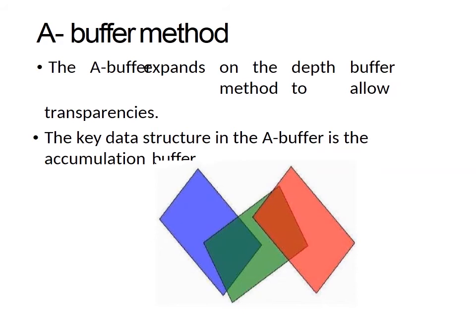This method extends the algorithm of the depth buffer or Z buffer method, as the depth buffer method can only be used for opaque objects but not for transparent objects. The A buffer method provides an advantage in this scenario. Although the A buffer method requires more memory, different surface colors can be correctly composed using it. Being a descendant of the Z buffer algorithm, each position in the buffer can reference a linked list of surfaces.